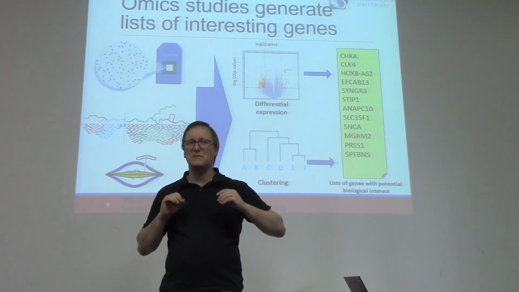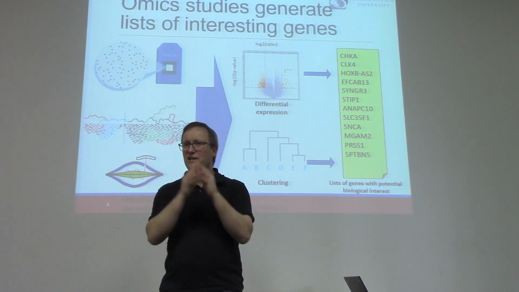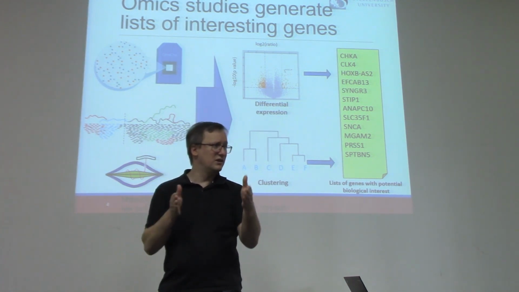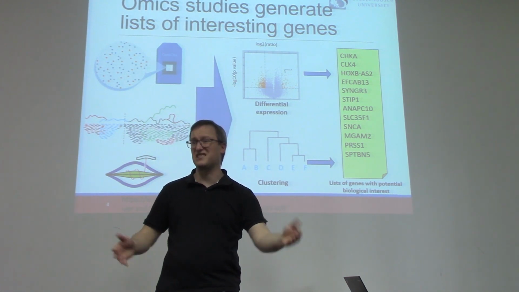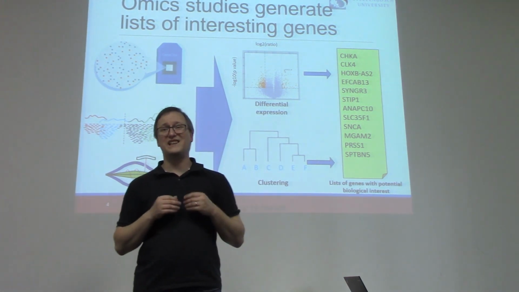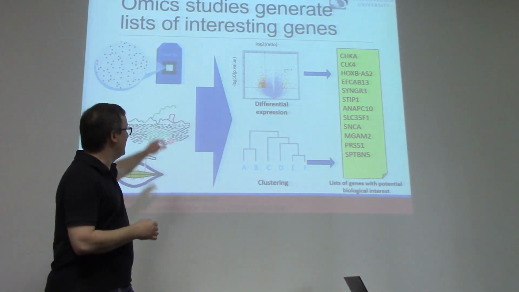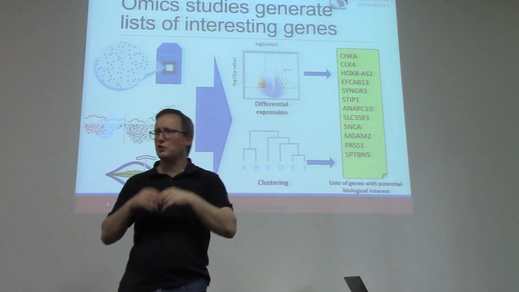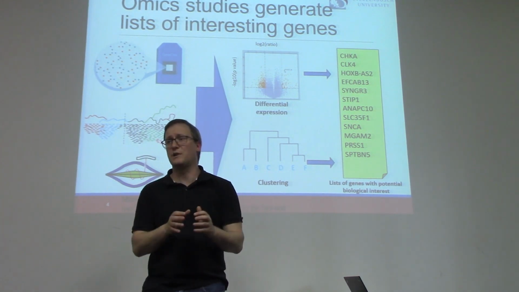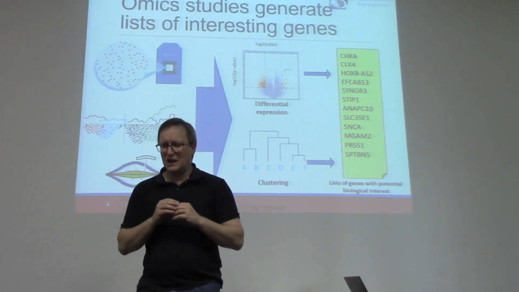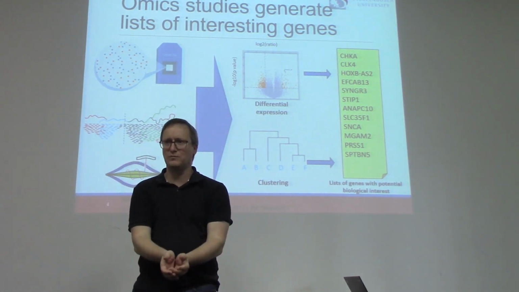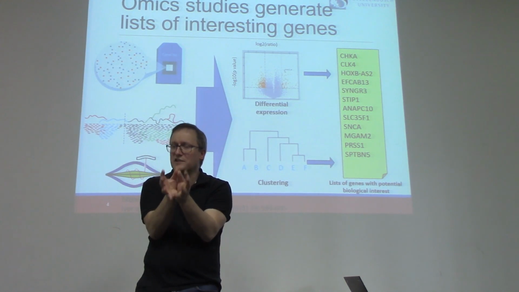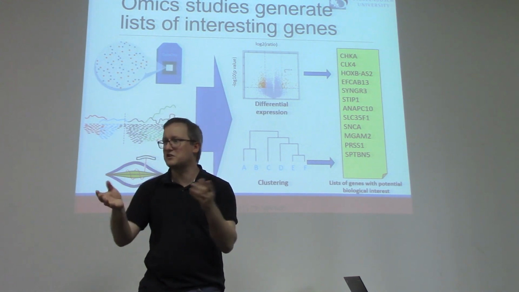You probably will want something better than detection, though, in order to say this set of genes is differential. Do you see why being able to say I have any signal for this probe is different than being able to use it statistically? Okay, so we would speak of that as a level of quantitation. So in a lot of the data that we generate from differential proteomics or differential gene expression, we want to be able to say these are the genes for which we have any information, and then within that we have a smaller set. This is the set of genes for which we're able to test a statistical hypothesis of difference